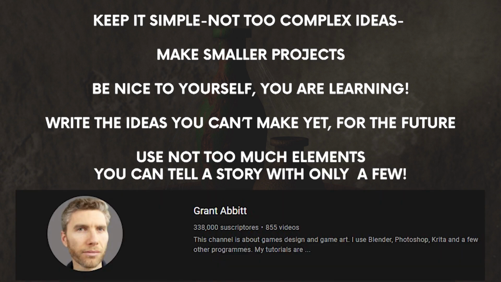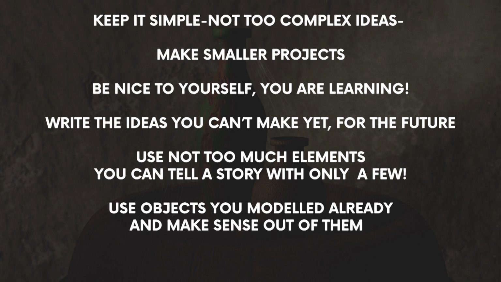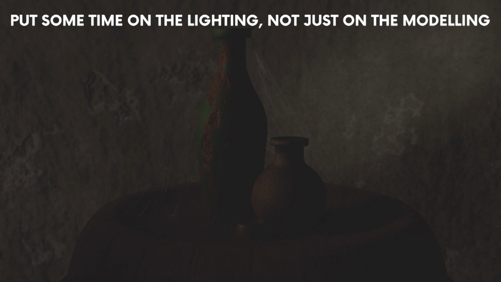I was doing a Grand Avid tutorial to get better at modeling, and I had these objects from those tutorials, a barrel and some bottles, so I decided to combine those elements into one render and make sense out of it. The lighting was also more manageable than lighting a whole city, for example, so I could dedicate time to make it look really good and detailed because I didn't have too many elements in the scene.